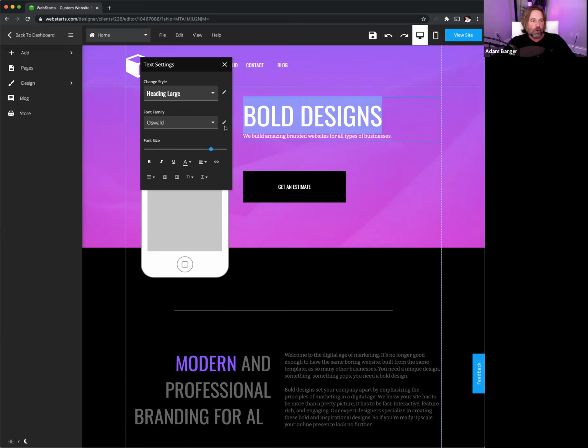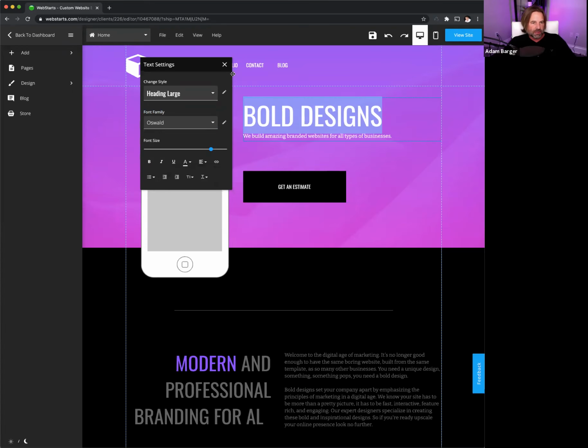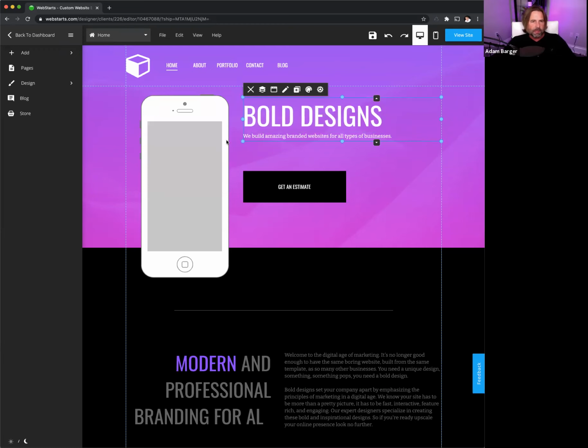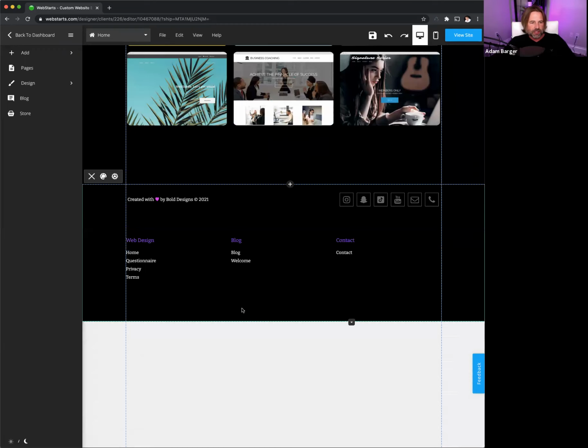So you can pretty much do all the things you'd come to expect with text. Like for example, adjust the font size, adjust the font. You can change the color, create a link from it, all of these different use cases, of course. All right. Down here at the very bottom of the page is what we call the footer, and that's the